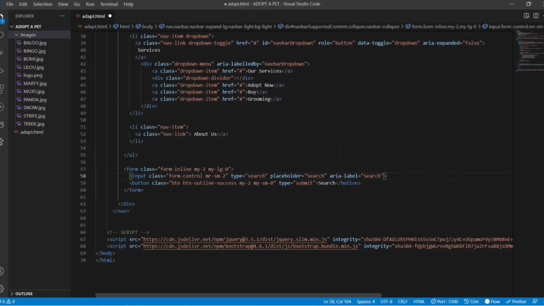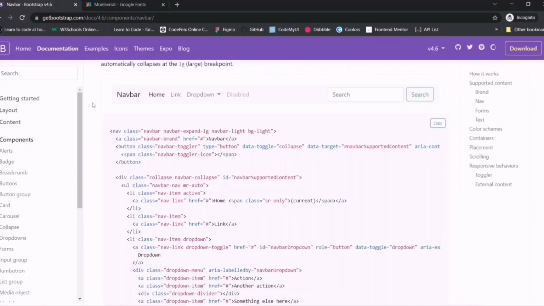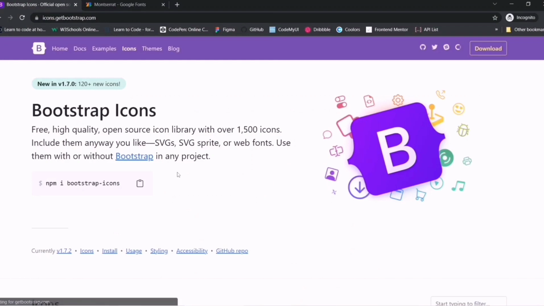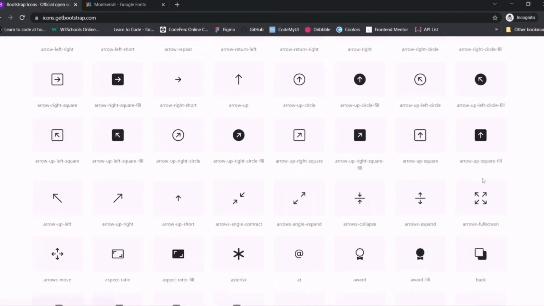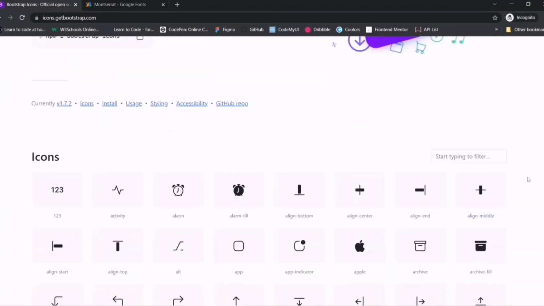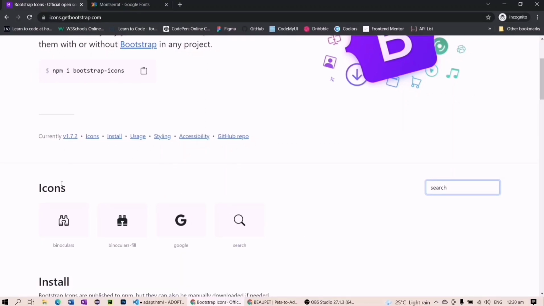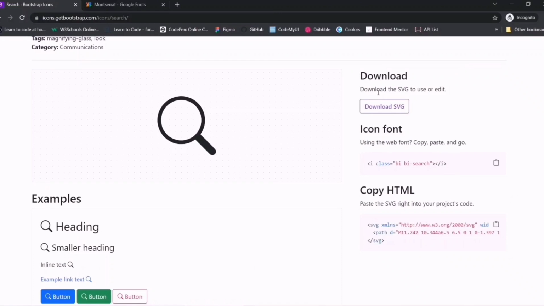So hanap tayo ng search icon. So sa Bootstrap, sa search bar, search natin yung icons. Get Bootstrap icons. Then, yan. Dito yung mga icons na pagpipilian. Search natin para mabilis. Ayan. Then, lalabas dyan yung mga suggested na icons. And we're going to use this. Dito sa gilid, lalabas yung